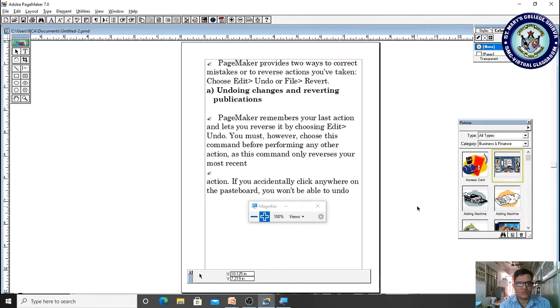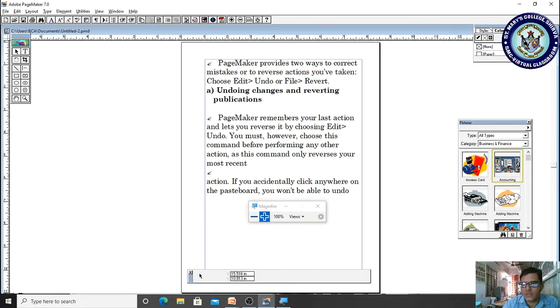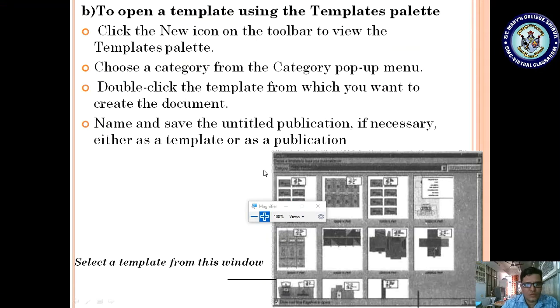So if you click new, it will come as a new publication. Here the picture palette is there, and we have to select the appropriate pictures or template. Or is there any toolbar? No, right? There is no template picture palette here. Yes, the new icon on the toolbar to view the template palettes.